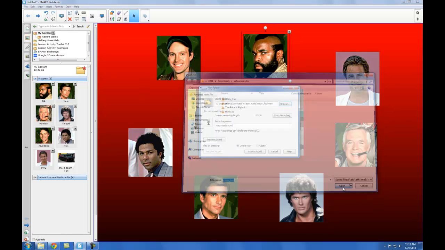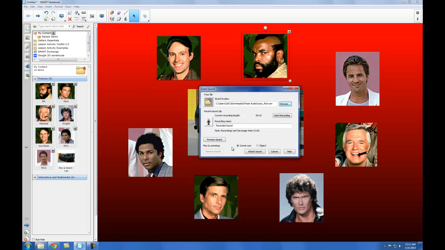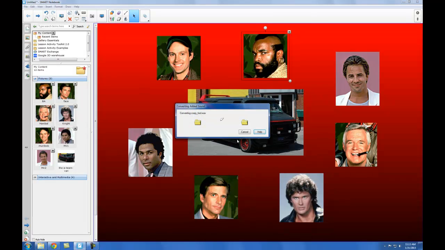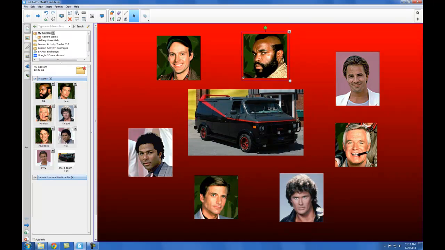So here we go. Now I'm going to preview. Crazy fool! It's done. That's it. I'm going to attach the sound. There's the conversion. And there you can see when I click the little tiny speaker, it plays the sound. Now I'll pause it, add a few more sounds, and then we'll come back to the